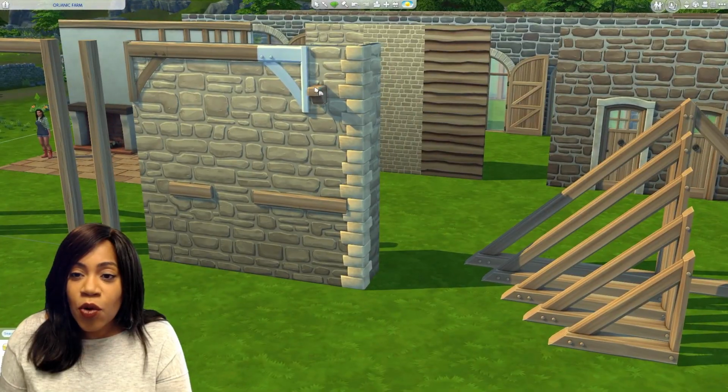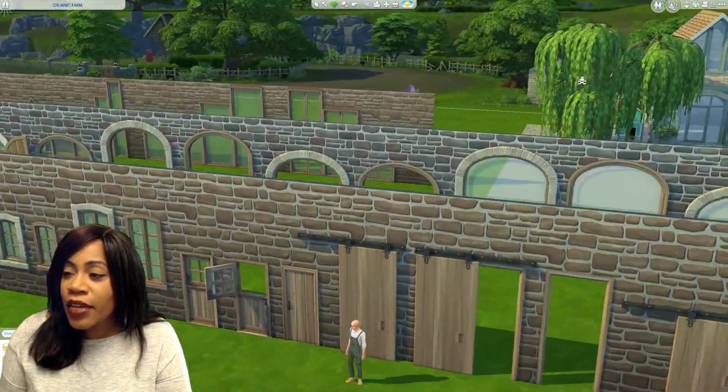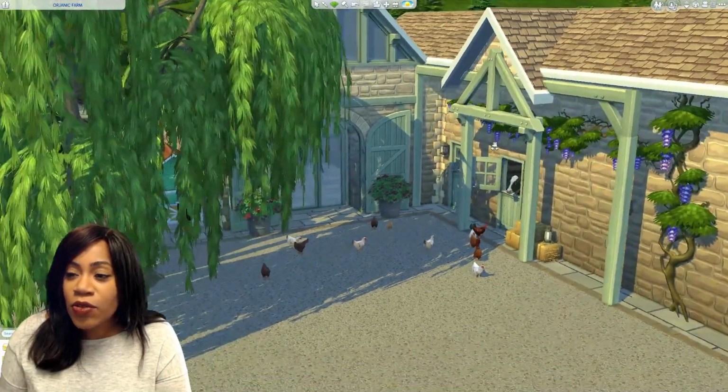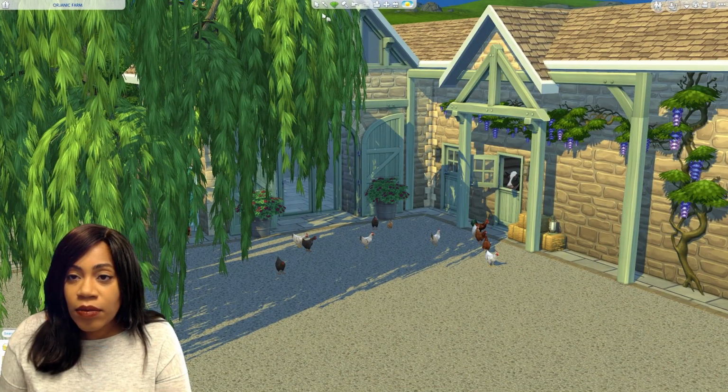Now you have this little corbel as well. We have it over here. The idea of this corbel was for accents on the windows, and also we have this,